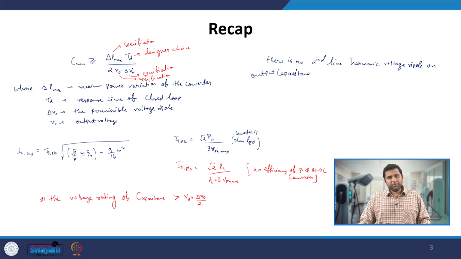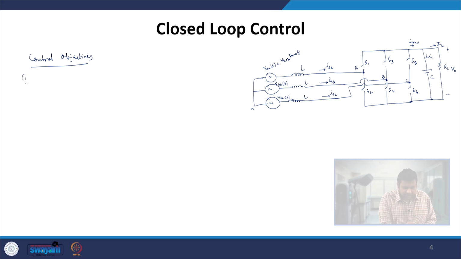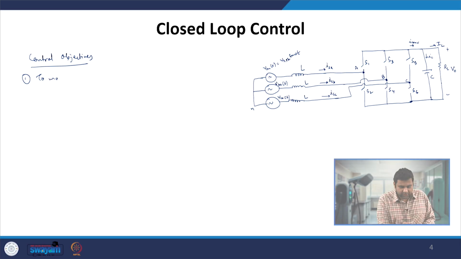Now, after understanding the operations, after understanding how to design the components of this converter, now let us see how we can operate this converter and ensure the required operation from this converter. Now, if you look very carefully, again here, what are the control objectives we have? So, control objectives for this operation of this converter are, obviously the first, to maintain constant, or you can say to regulate, the output voltage to a desired value,